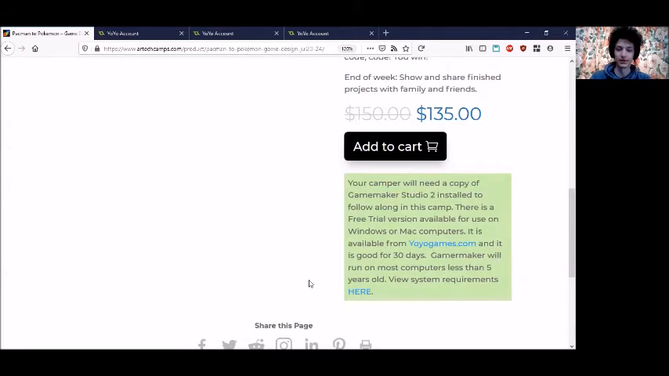Now, Gamemaker should work on any computer that's not too old. It should be less than 5 years, should be good. And it'll work on Windows or Mac computers. You can download it and install it from the website